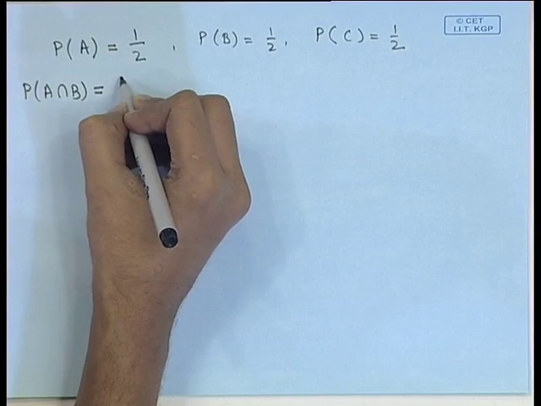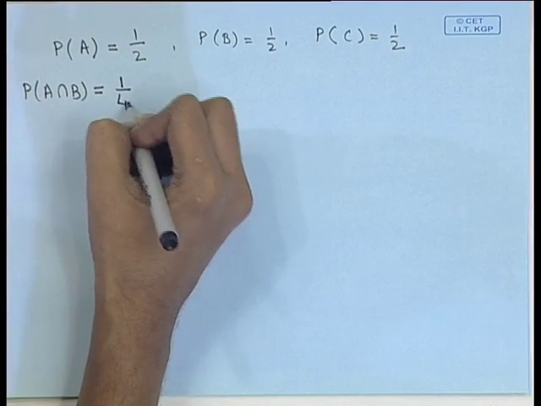1 1, 1 3, 1 5, 3 1, 3 3, 3 5, 5 1, 5 3, 5 5. There are 9 possibilities out of 36 possibilities. So, this becomes 1 by 4. If we look at